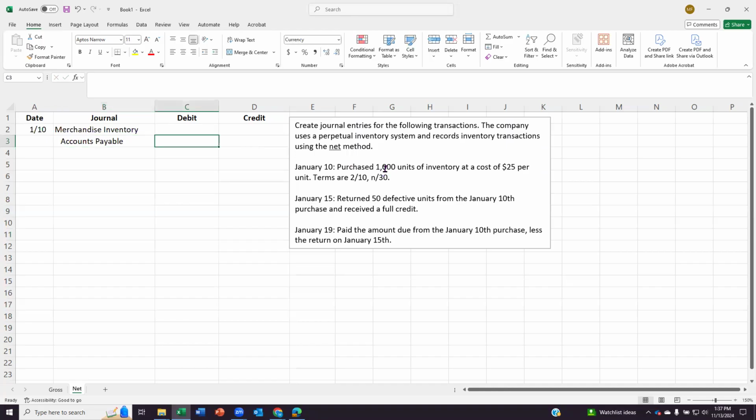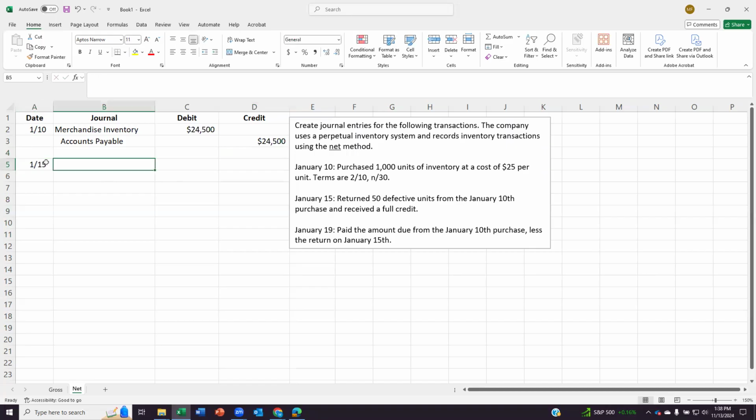And we would go ahead and say 1,000 units times $25 per unit is $25,000. And then we're going to factor in that discount right off the bat. So since I can't do that in my head, I'm just going to do 25,000. Using the net method, what we're doing is assuming the discount up front. So we assume that we're going to take that discount. Then on January 15th,